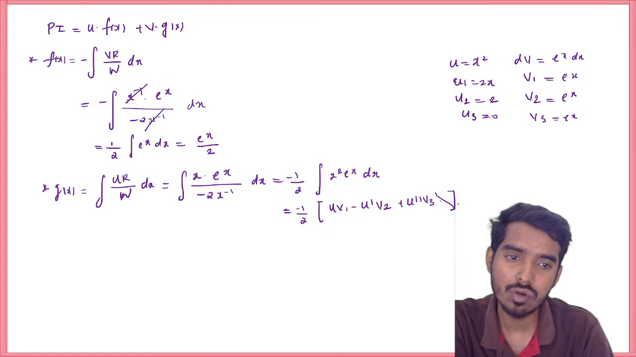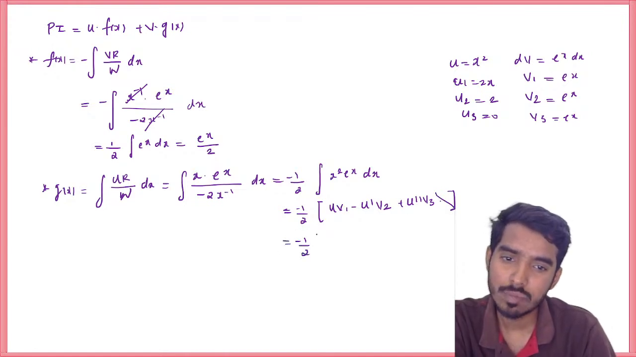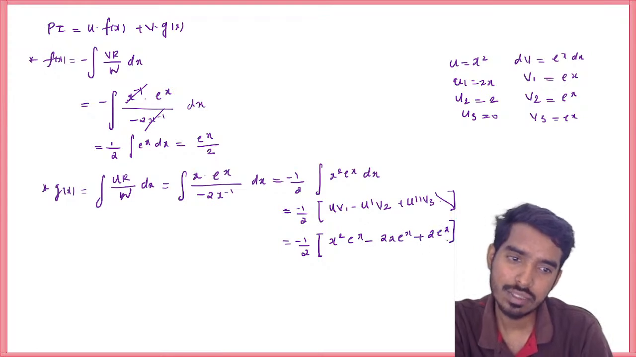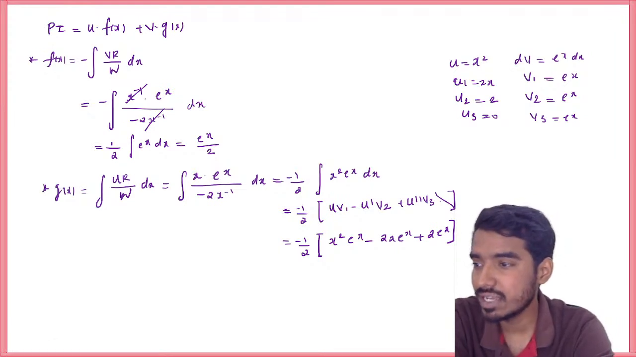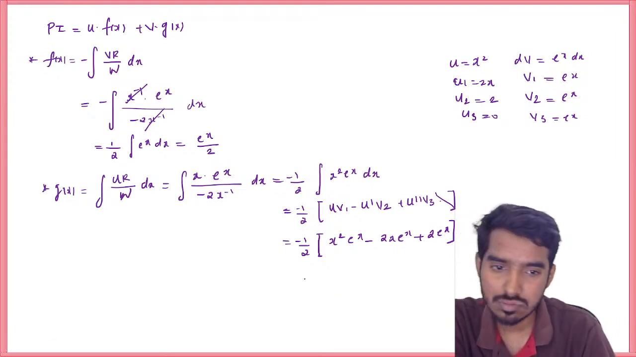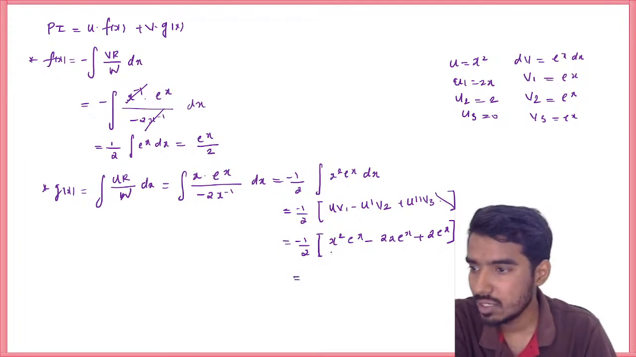So we don't need more, it's enough to find the first 3 terms. Minus 1 by 2, u v1 is x square e power x, minus u dash v2 plus u double dash v3, e power x, integration of e power x is e power x. Right? So if we take e power x outside,